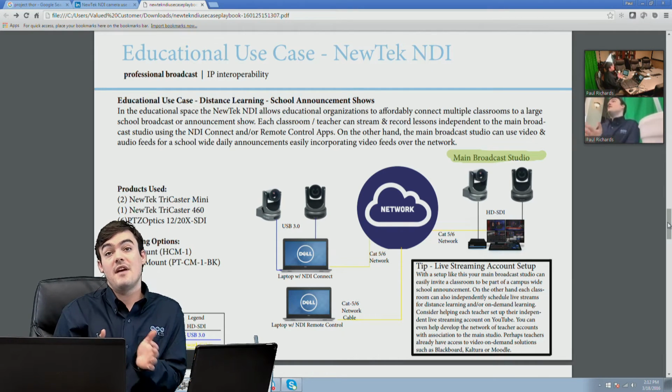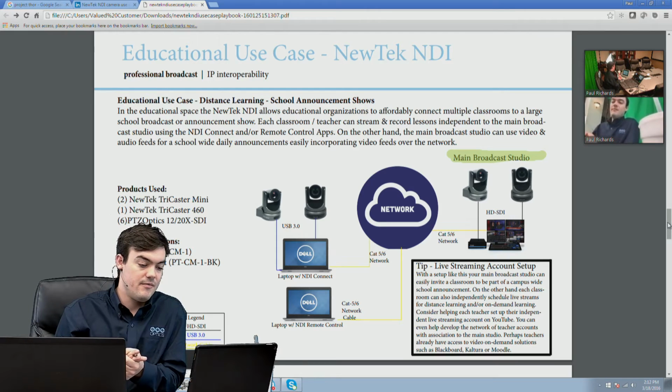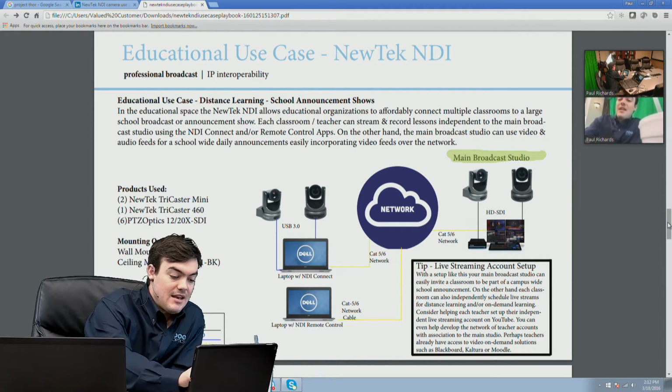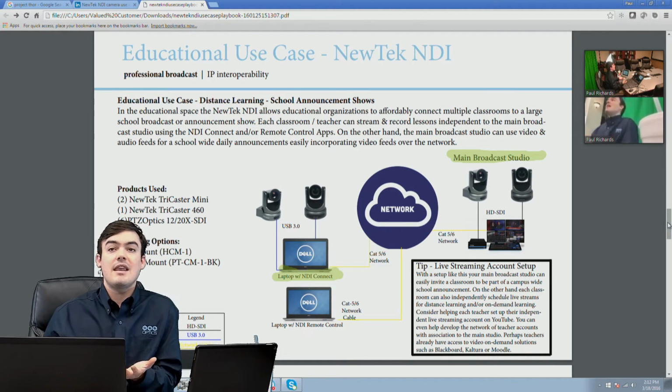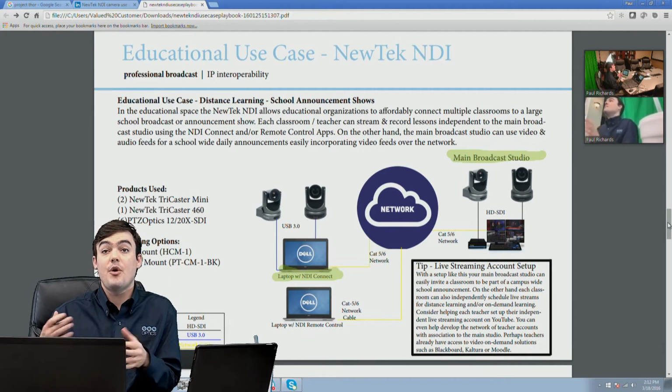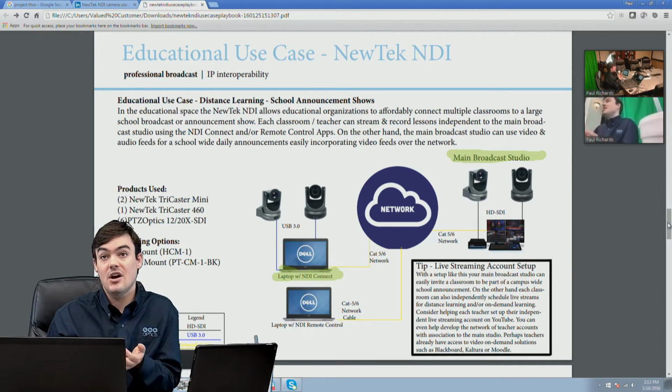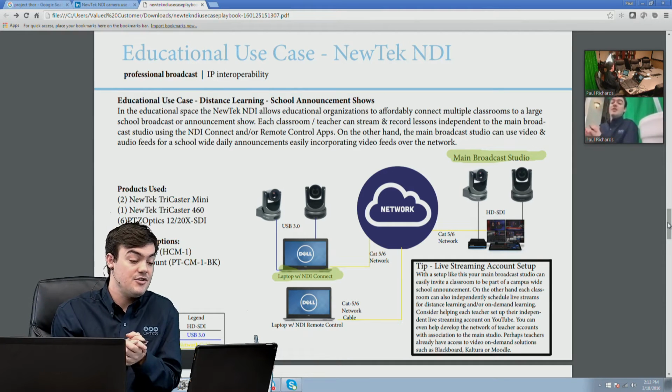It's upgraded with the Advanced Edition, which does require, for the NewTek NDI, you need the Advanced Edition. We can have a laptop with the NDI Connect. So the NDI Connect app, again, allows you to connect multiple sources. One of them can be a webcam. Another one would be a video source. We haven't got our hands on testing all of this, but ideally this is what should be able to happen,